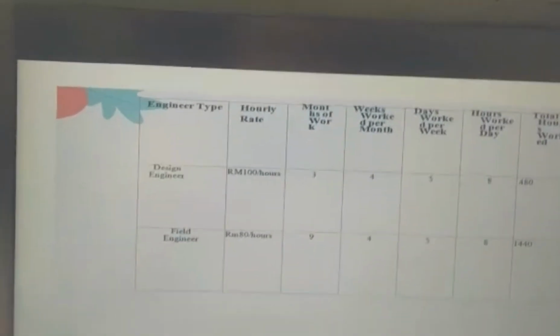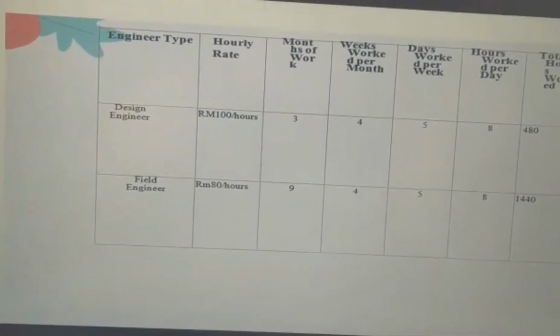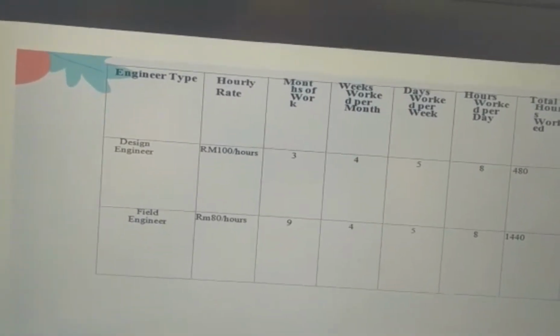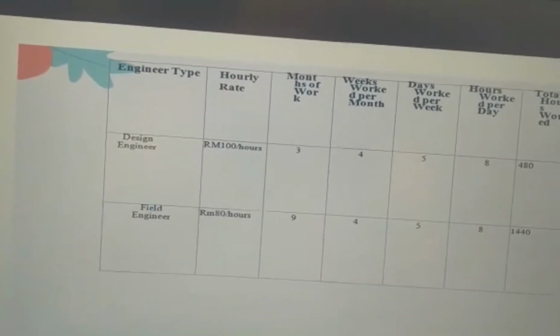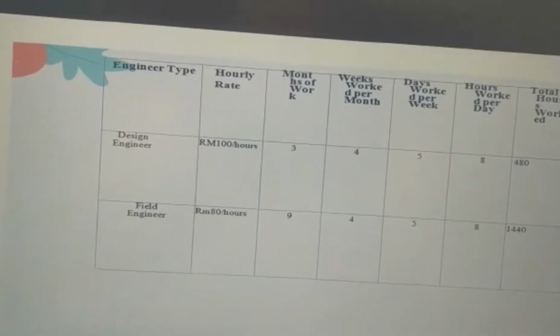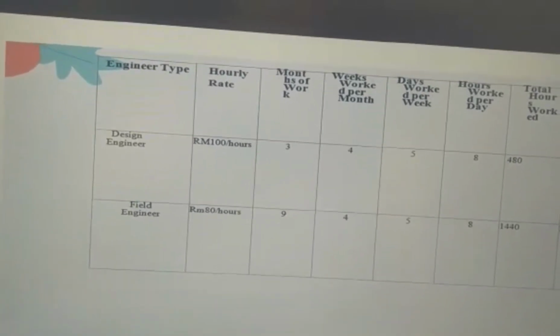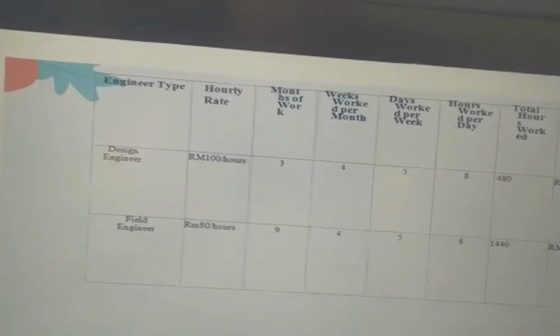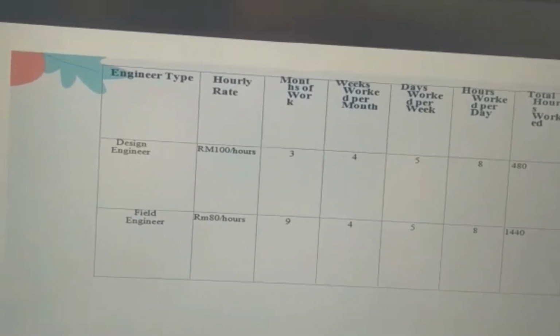Next, we need to hire the design engineer and field engineer, which is 100 ringgit for design engineer for 1 hour, and field engineer for 80 ringgit for 1 hour. So the total cost they work for 3 months for design engineer is 48,000, and field engineer for 9 months is